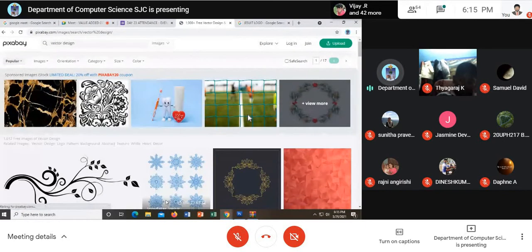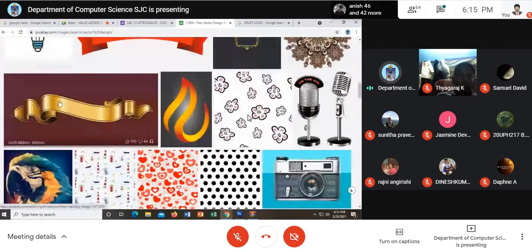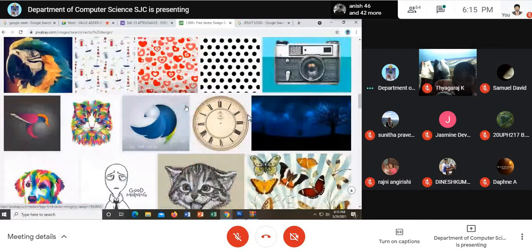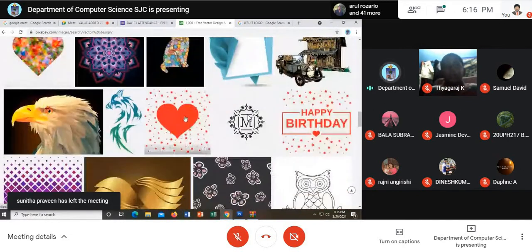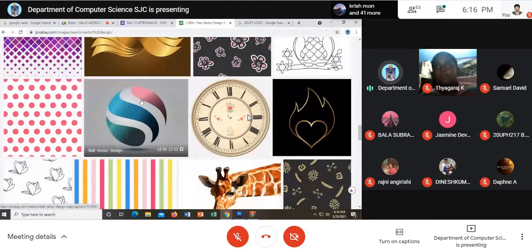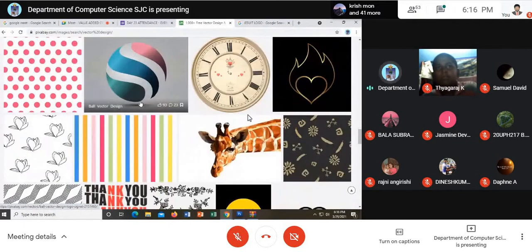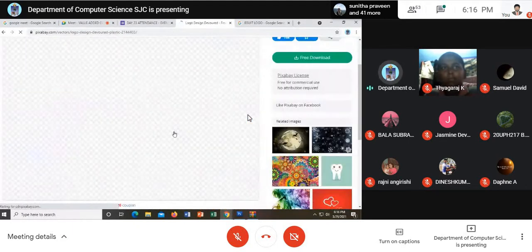You'll get not only that, any design. See, look at here. You will get good design. Use Pixabay. See a heart shape. So many. See here. This is the shape. You can take all these things, these are copyleft images. You can make use of copyleft image. See, you can see logo. You can take this and change the color and you can use it as a logo.